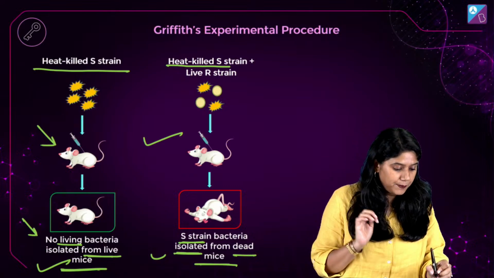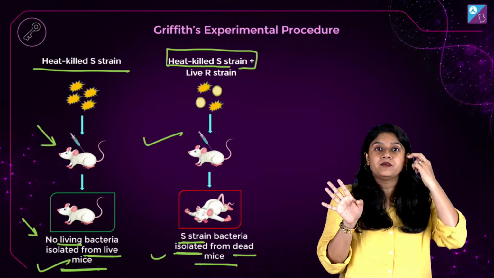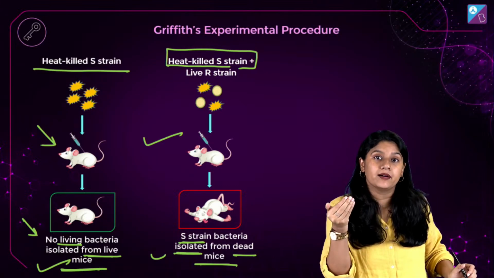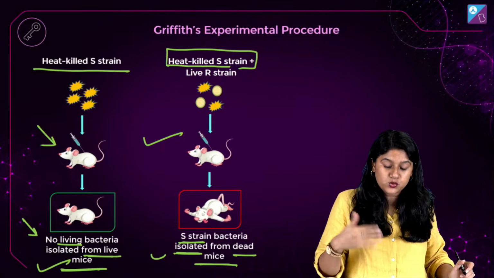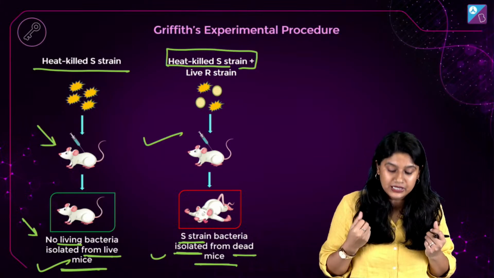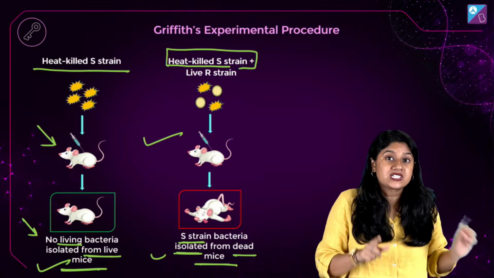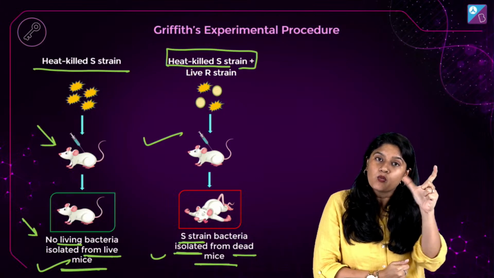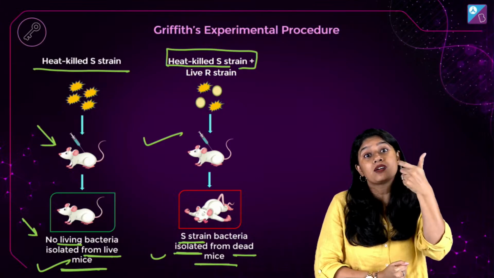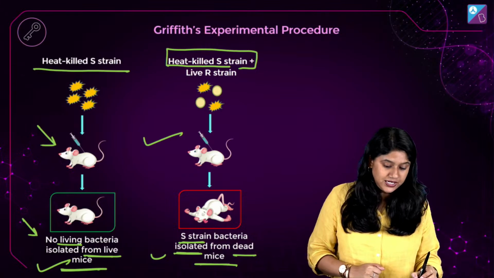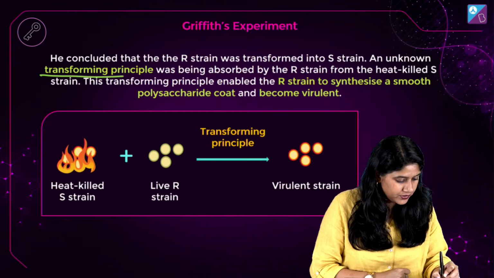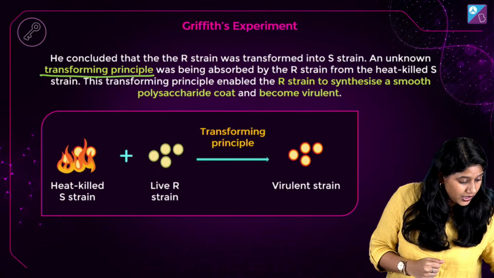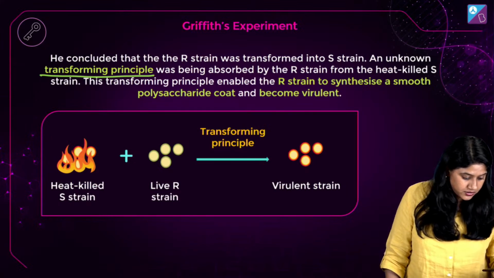तो even though यहाँ पे जो S strain हम सोच रहे कि मर गया है, राइट, वो mice के अंदर में से उसके cells में से isolate किया गया. So then based upon all of this what he concluded that there is something जिसने R strain को transform कर दिया S strain में. वो something was not clear to him, and what he called it as? He called it as the transforming principle. Everyone, are we clear? Everyone, are we clear? Quick thumbs up, everyone.